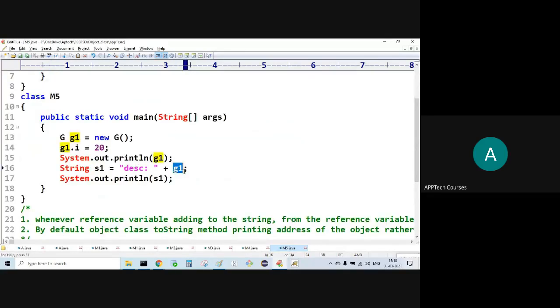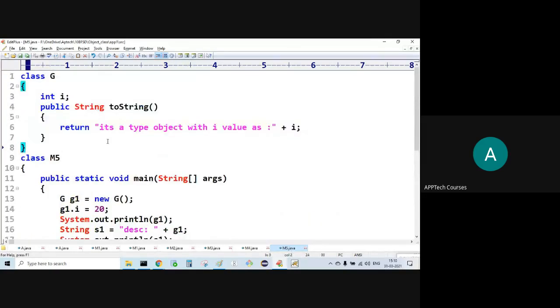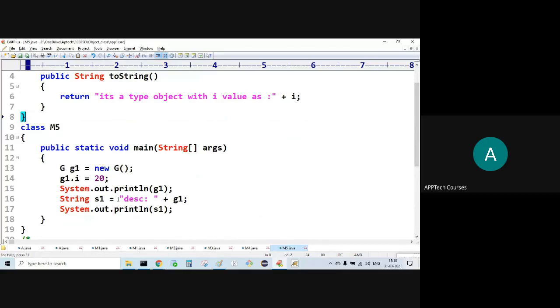Now this will be concatenation. It's a type of object with i value as 20, and that is stored inside s1. That s1 only we are printing.